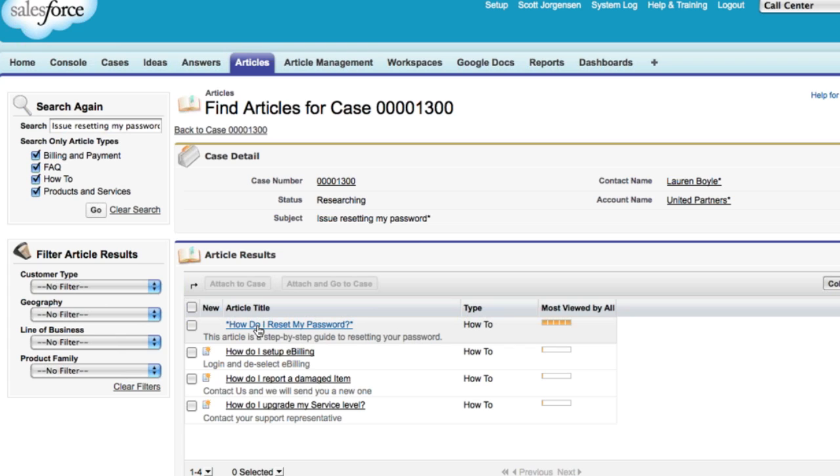And it's suggesting, of course, to me this how do I reset my password article, which matches really well to that resetting password problem that customer was having. So I might pick that up. But as an agent, I might also be aware that this customer was not just having a password problem, but maybe other related problems. And so I can attach multiple articles quite easily. So maybe I would do that, but I might pick one,